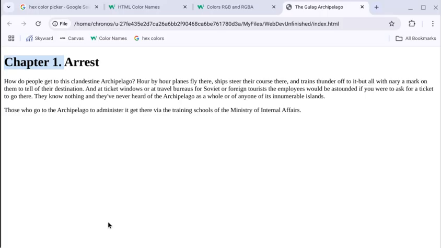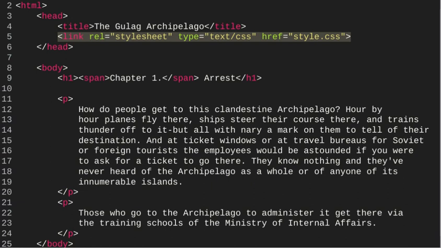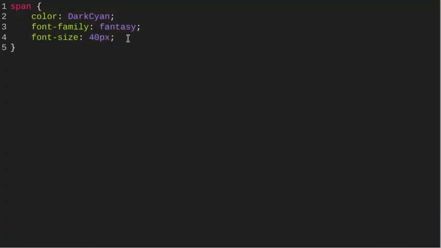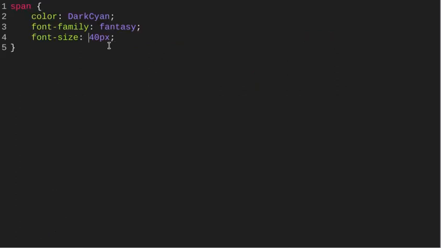So when I go to my web page now and reload, you can see now we have a Fantasy font family, and we have made it a little bit bigger, and it has also changed the colors. So that looks pretty good to me, and hopefully that looks good to you. Again, you need to follow along with the assignment so you can get actual credit for these. If you don't use the exact, for example, color or font size or font family here, you will get docked points, which we don't want. So follow along with the assignment. But again, the idea here is that you're able to use the span tag, and in your style sheet,